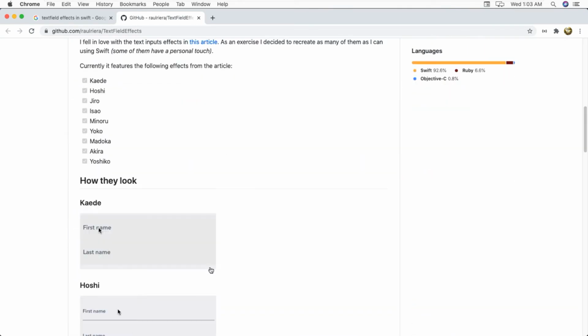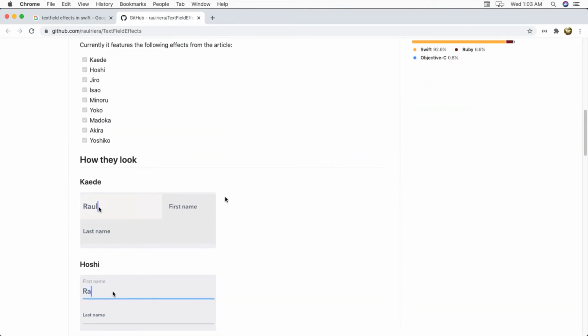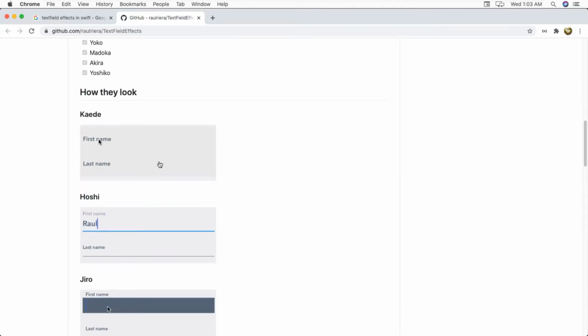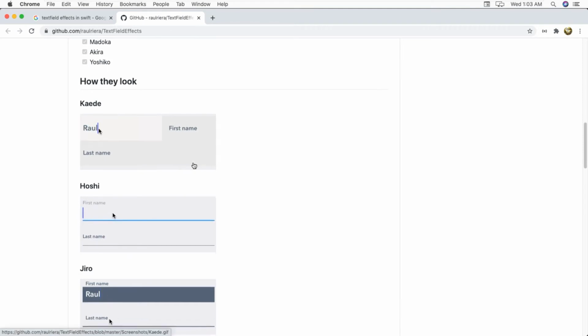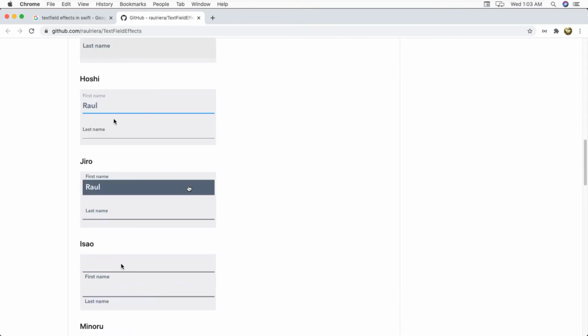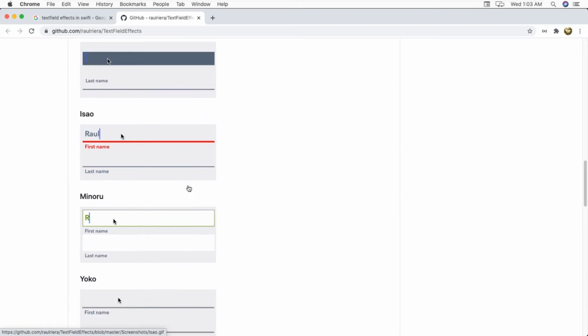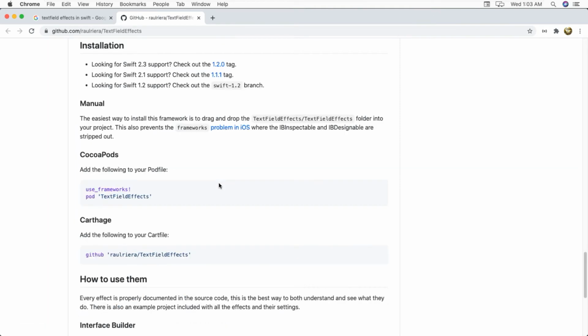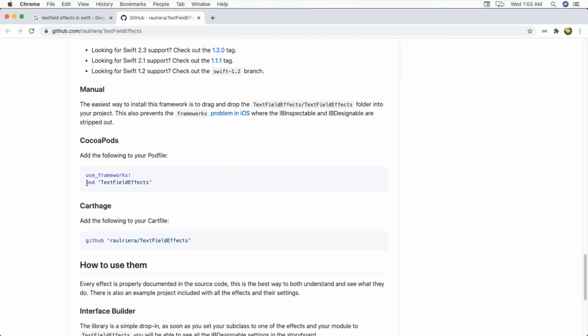Just scroll down and see, you can find here some text field effects. And scroll down a bit more. Here you find pod file. This file you have to copy